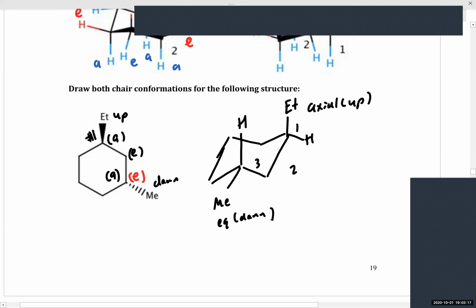Does this first example make sense? Does this make sense to everyone? How we read dash wedge notation, noted the ethyl will be up, the methyl will be down. Okay, now after a ring flip,